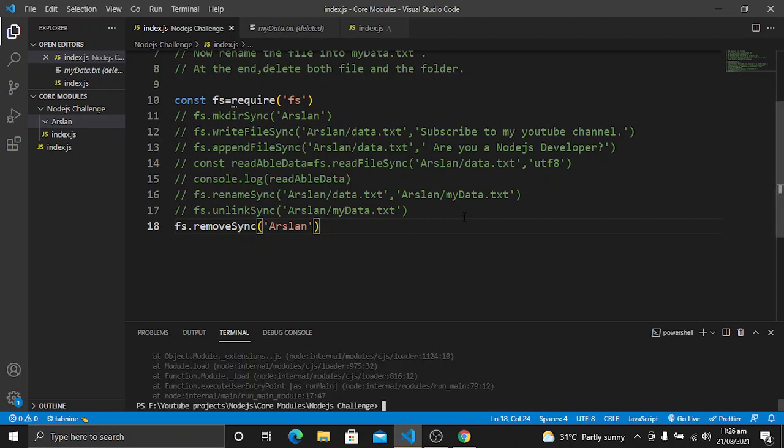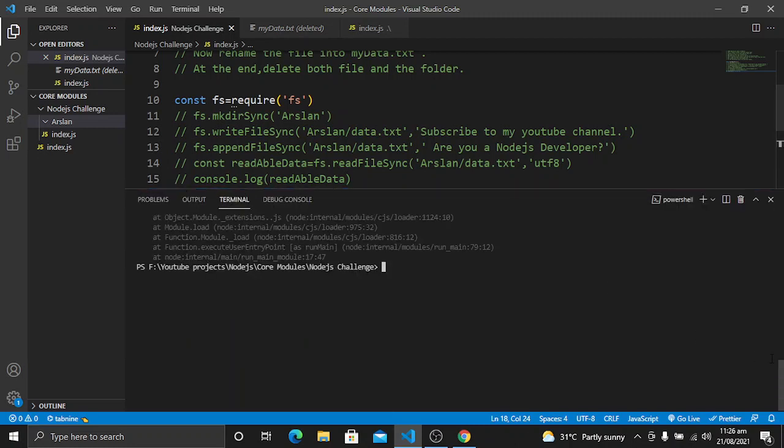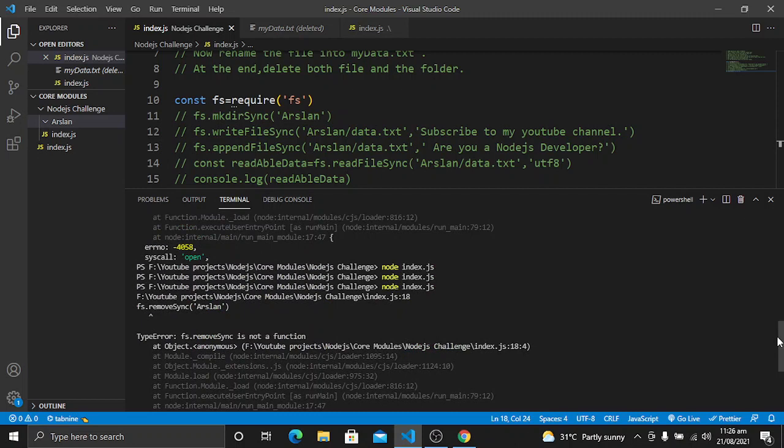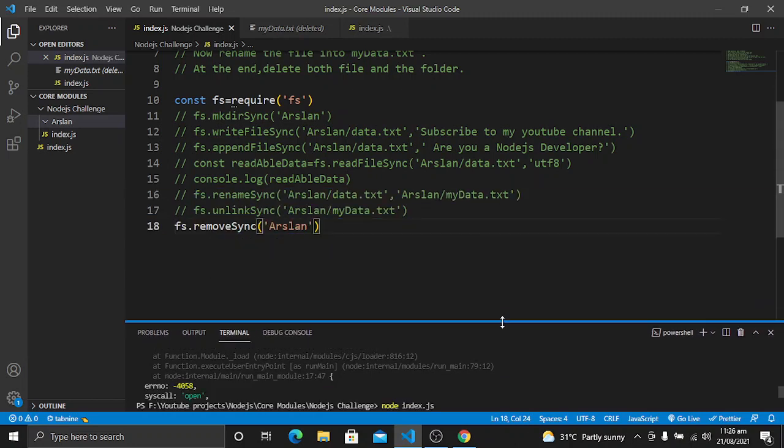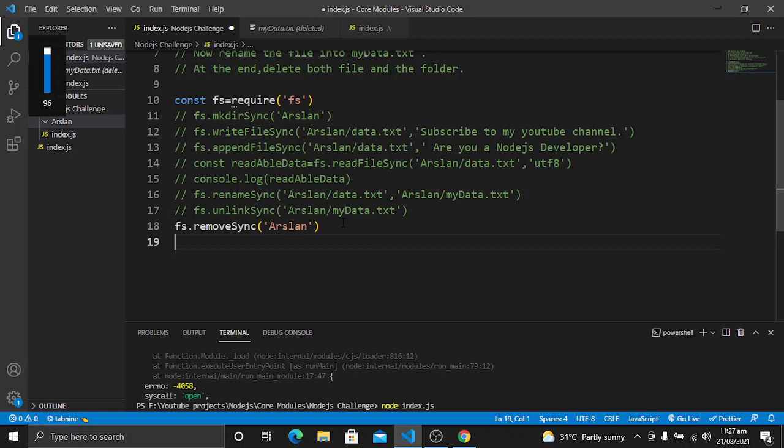Now we are getting an error. Let's see what the error is. In the terminal we will see an error for this fs.removeSync. So let's see what's going on here. We have to use a different method to remove this directory.